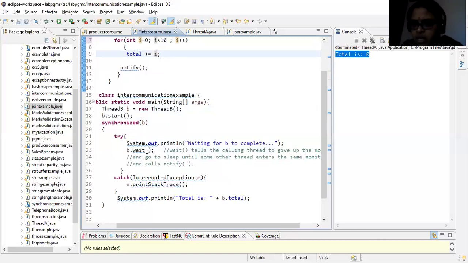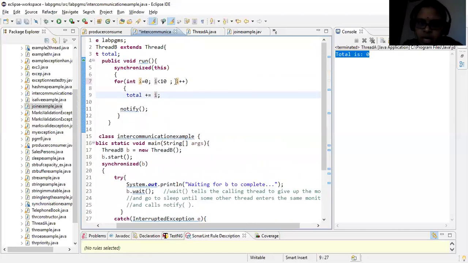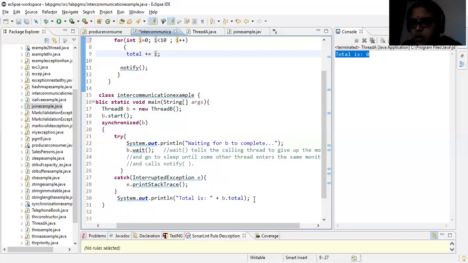Now wait cannot be written just like that. It should be enclosed in try and catch blocks. Because you issued a wait statement, control now goes here, and this is the synchronization of this. Again, this is a block, so it will execute everything. And once it is executed, it will give a notify signal. Now, when you give the notify signal, what will happen? The main thread was in a blocked state. Now that will come back and it will execute the rest of the code.